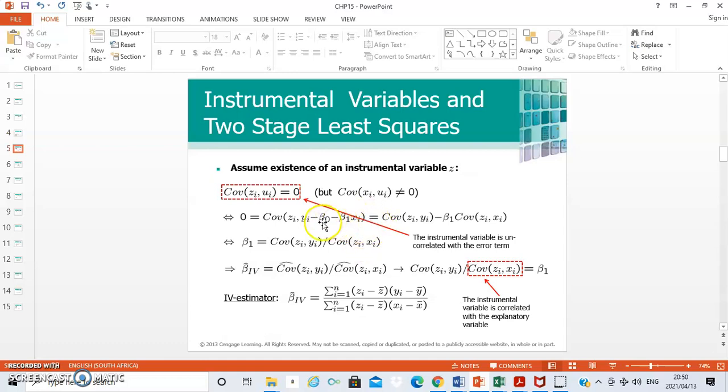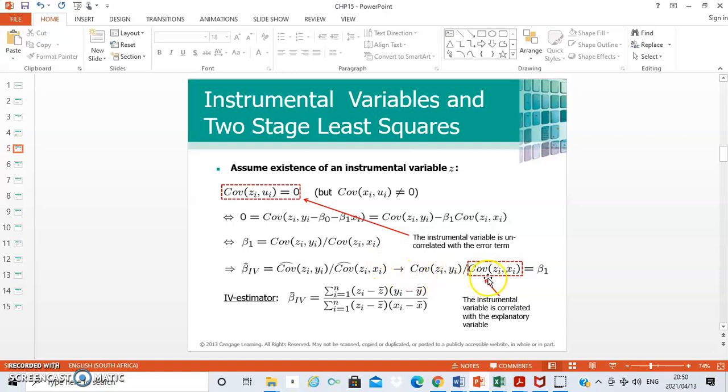So yes, if we follow the same procedure and we want to find out what will be the estimator, now in this case we'll have B1. Of course, here what you have is Z1 instead of xi, sorry. So you actually have that beta 1 will be expressed by that and will be expressed by that. But now, of course, what we can see here from this equation